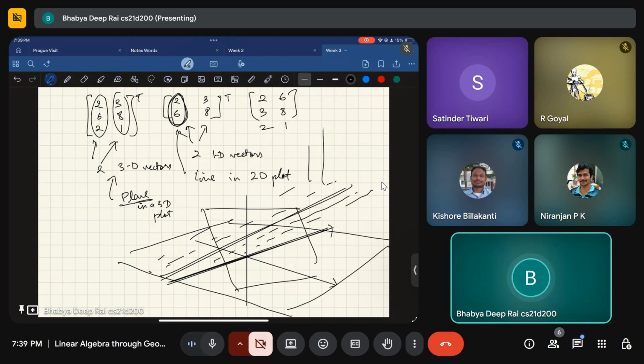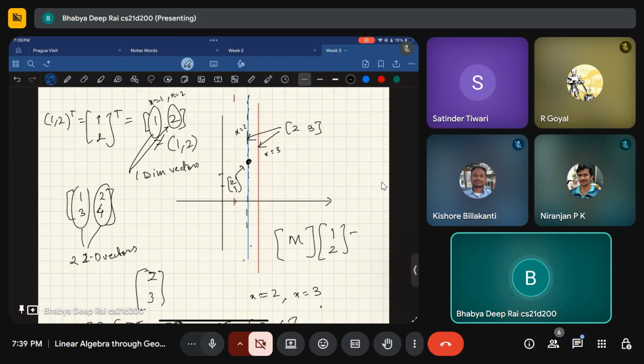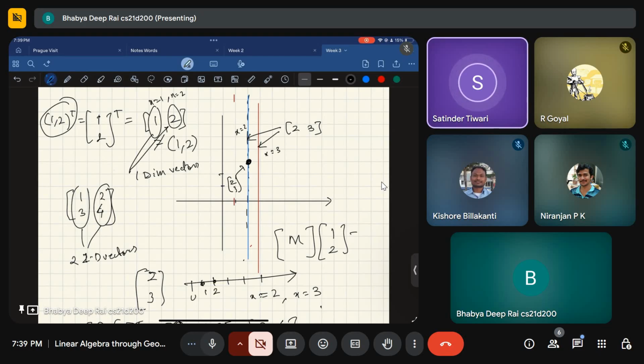If you completely come up with a new coordinate, a new plot, then you can do it. For example, here you have 1 2, which was a single point. I'll come up with a new plot which is one dimension lesser, a single number line, and then I'll put a 1 and put a 2. That I can do. It's just like adding on a number line, like in junior classes we write 8 plus 3, so 8 is also represented there. But you can see that somewhere there's a loss of information happening.